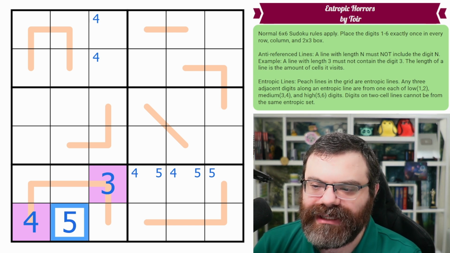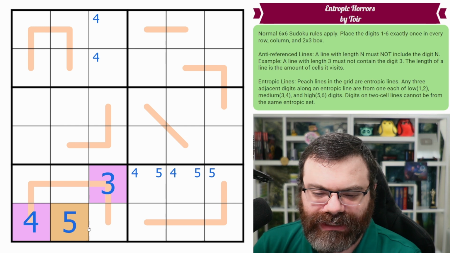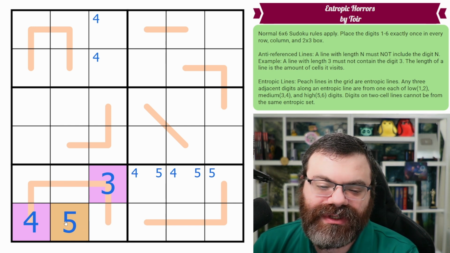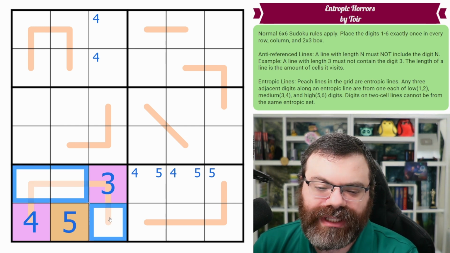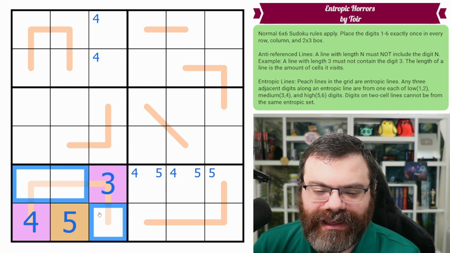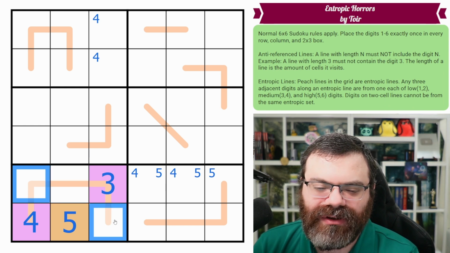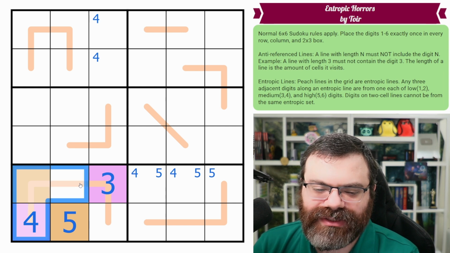Now 5, that was placed as a high, so we can make that orange. Okay, and so now actually we do know that there's only one more orange that can go on this line. And we can't put it here because we'd also have to make this one orange, right? If we tried to make this orange, then these 3,